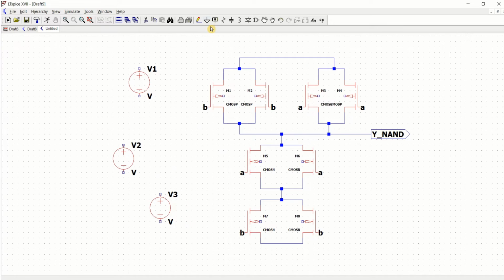Place the ground component. These two are the ground components. Now make the required connections with this so that the source is connected as a VDD, and this one